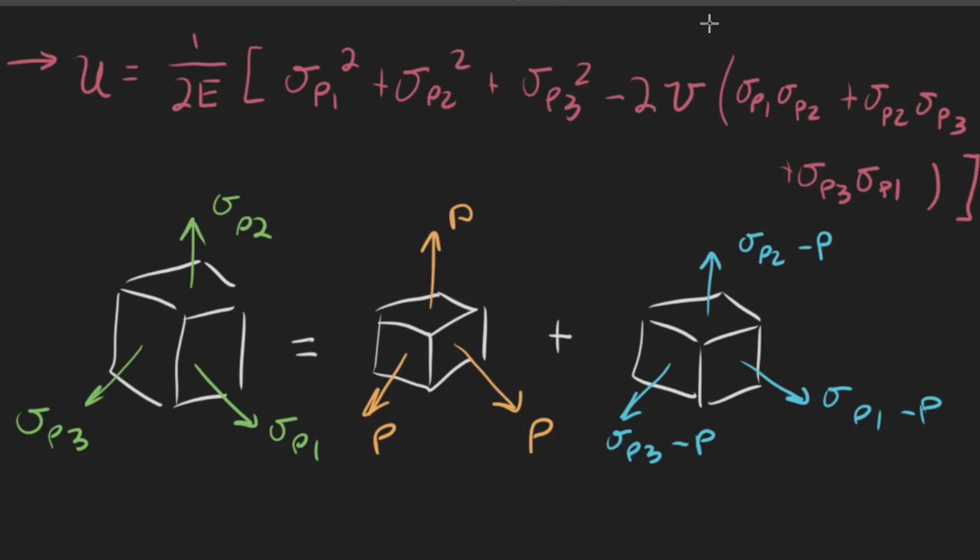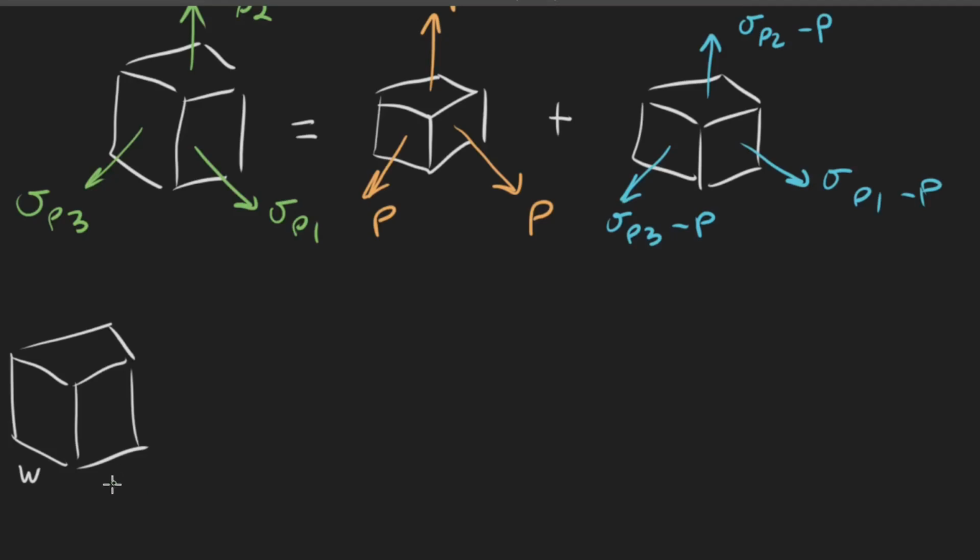Now the way that we're going to do this is we're actually going to start by looking at just this distortion component. And basically the assumption that we're going to make is that the only change in volume coming on this element, or this differential component of stress, is going to be from this hydrostatic component, which is either going to make the volume increase or decrease. And this distortion component isn't going to change the volume, it's just going to change the shape. Then what we can say is, let's label this width, length, and height, and then we'll have a change in width, a change in length, and a change in height, right? So if our change in volume is equal to 0, then that implies that